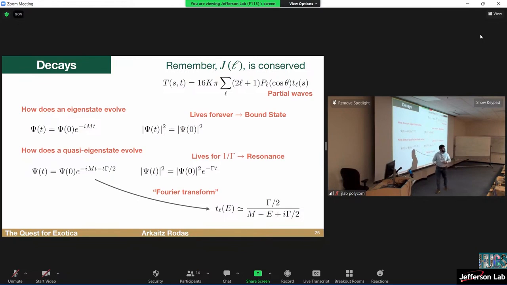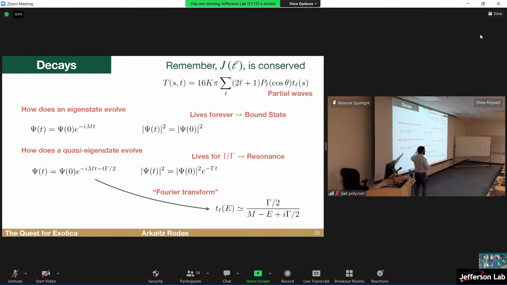There is one very interesting case: the deuteron. You guys know the deuteron? The deuteron is a bound state. It lives forever. There are strong interactions. It needs to be created by two nucleons interacting with each other. So this is kind of the wave function for this kind of object.